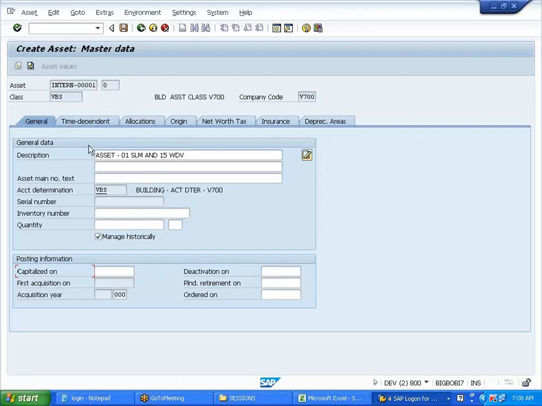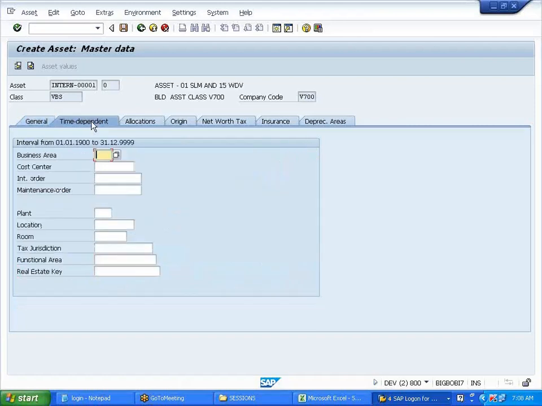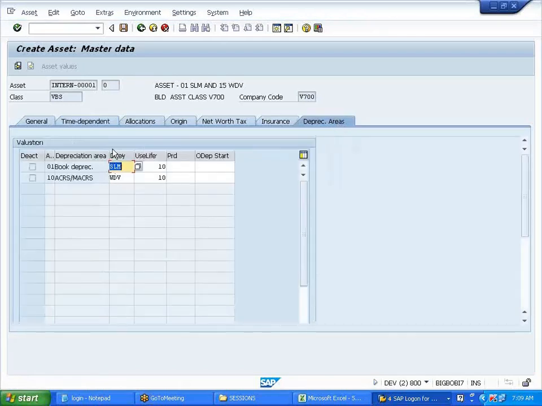Yes. Right. I go to this time dependency here. I'll just give business area 701. I'll come back directly to depreciation areas here. See automatic coming over here? How? Because you already mentioned it, right? We define depreciation.